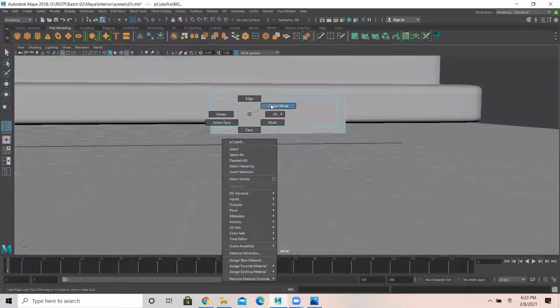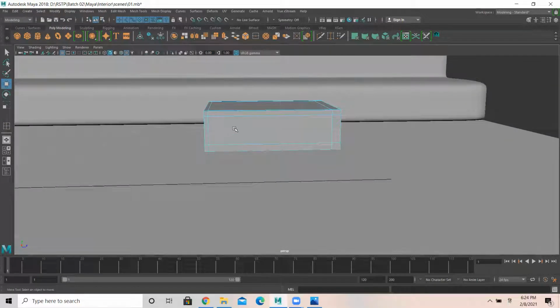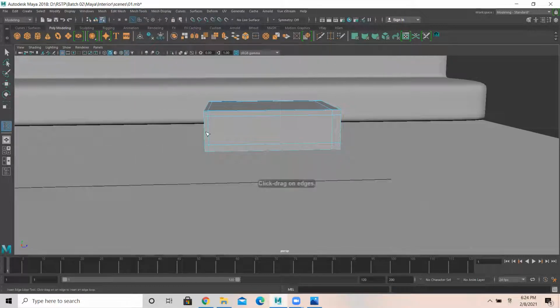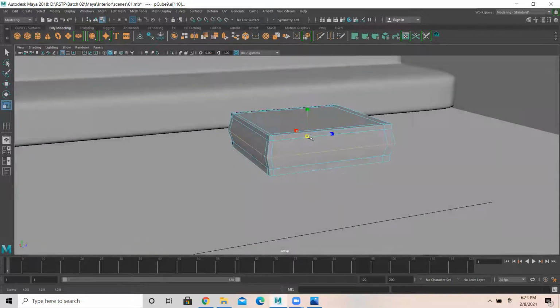Then after this, okay, let me add one more mesh, insert edge loop in the center. So I'm gonna scale this a bit like this. And I press 3.